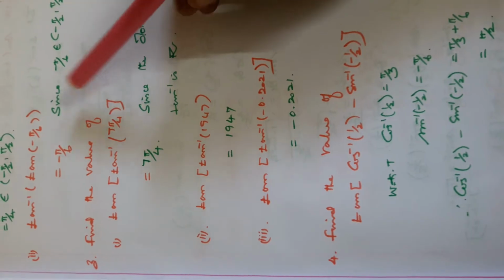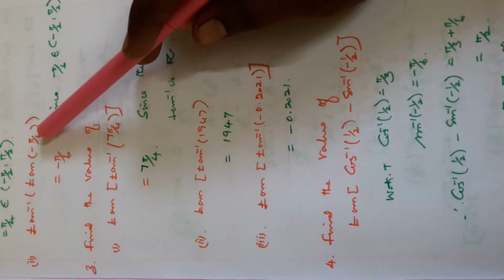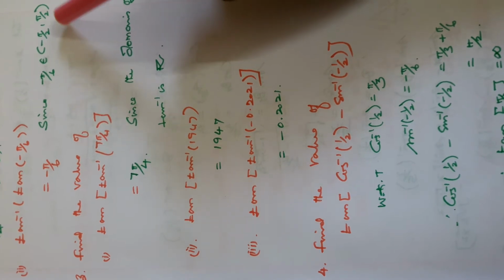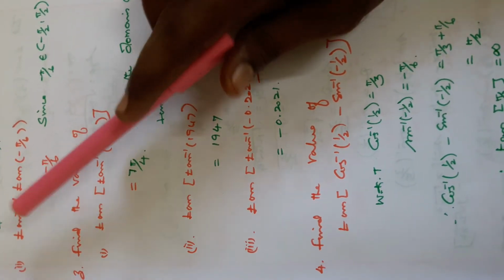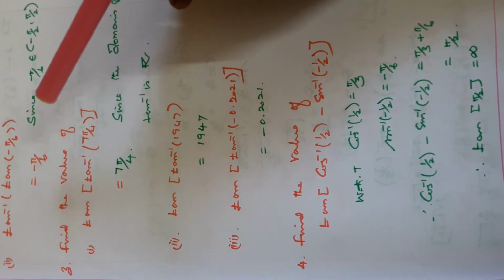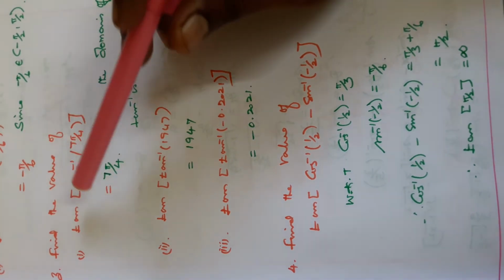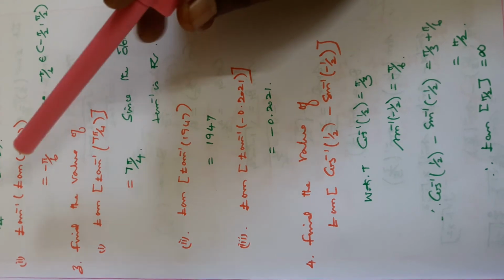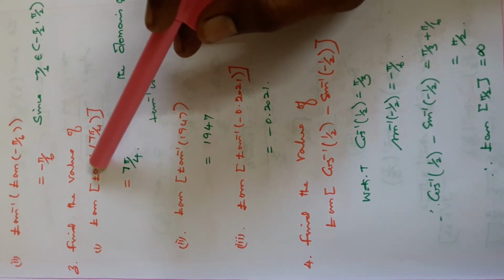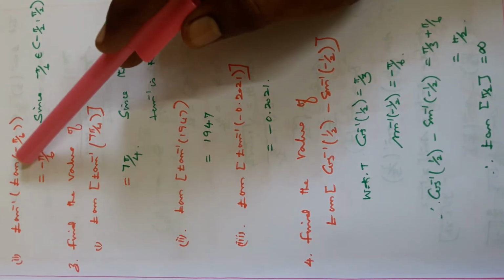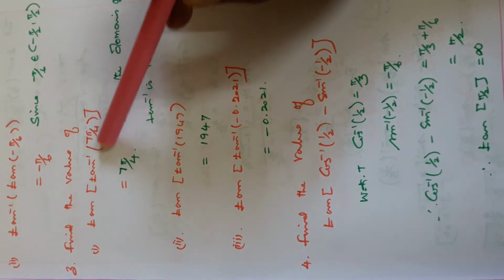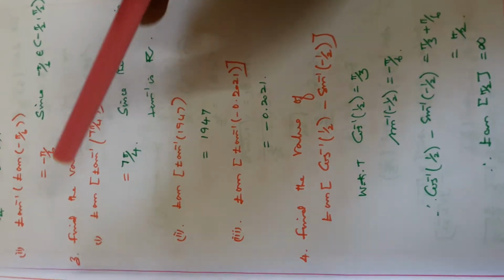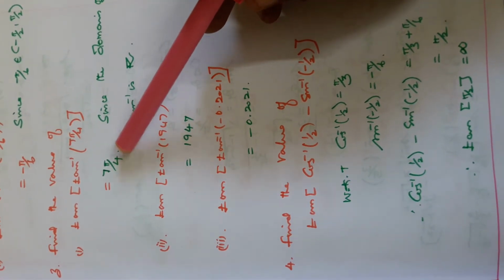Like that, your second one, tan inverse of tan minus pi by 6. Minus pi by 6 lies between minus pi by 2 to pi by 2, so we can cancel tan inverse and tan. Like that, your third one, find the value of tan inverse of tan 7 pi by 4. Here you have the difference. It is tan of tan inverse, here it is tan inverse of tan. So the domain of tan is R, so whatever the number, we can cancel tan inverse and tan. So the answer is 7 pi by 4.